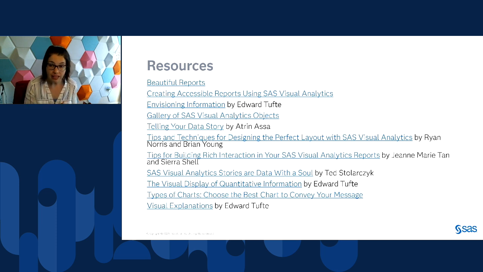Now, you can always provide additional details with links as well. So for example, let's say that I'm showing a geomap that has all of our customers, and I want to focus on a specific subset of customers and see details about them. I can link to another page that has details about that set of customers that I've selected instead of displaying it all on a single page. So both of those are valid. It just depends on what exactly you're trying to convey.